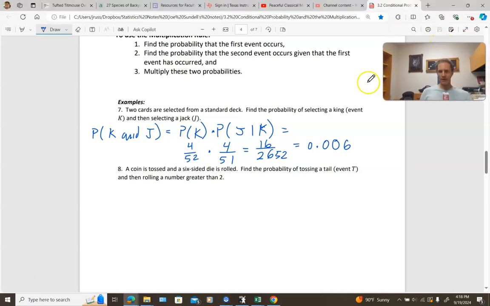So this is roughly, as a percentage, like 0.6% if you multiply by 100. Okay, but anyway,